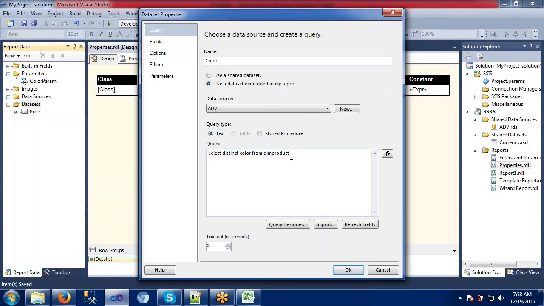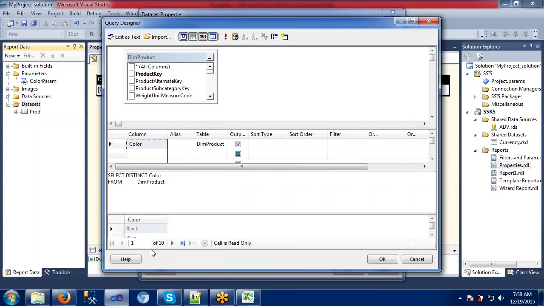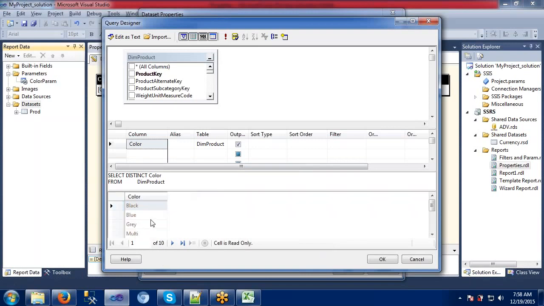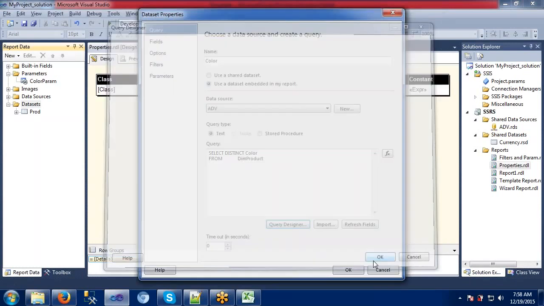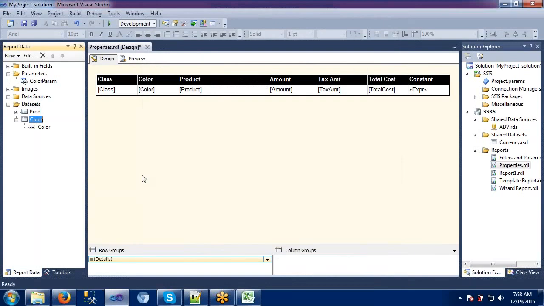This is the query we have used. If you don't remember this, I will try this once again here. It is giving some 10 records. If you see this, some 10 colors, which means our query is fine. So distinct color I am using.